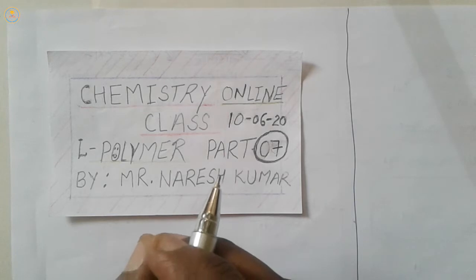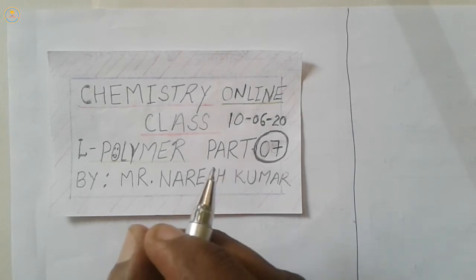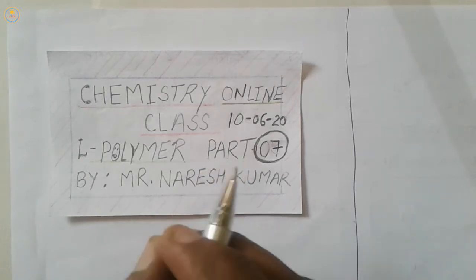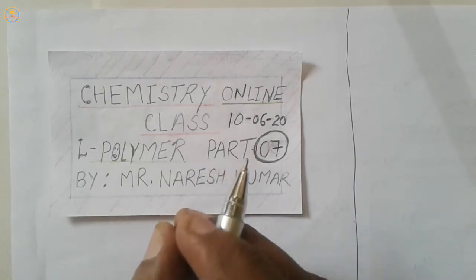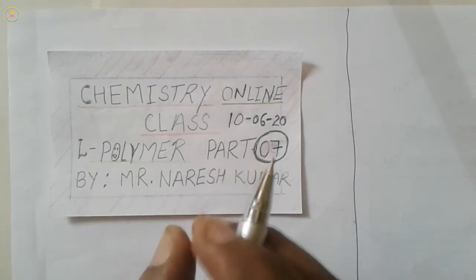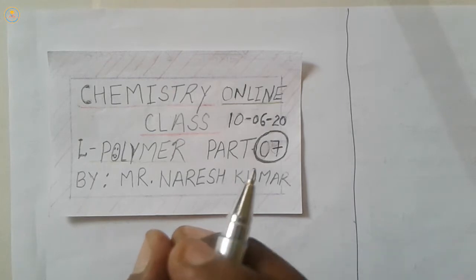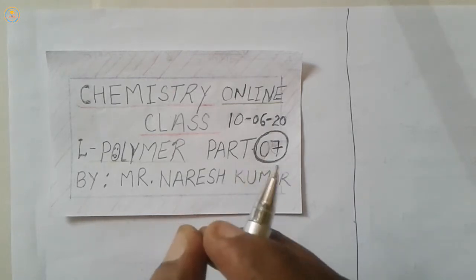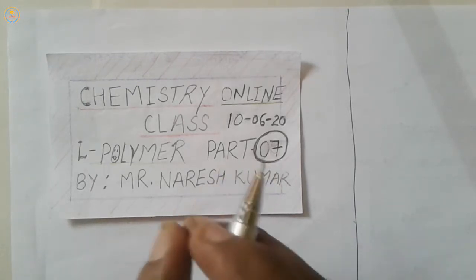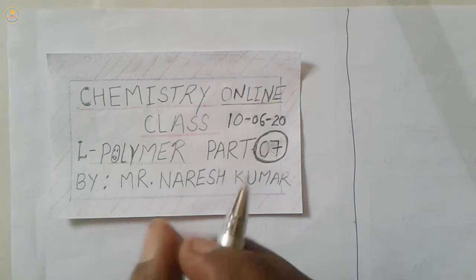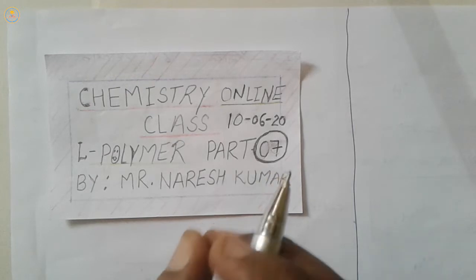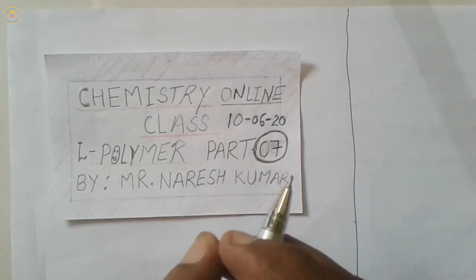In the previous online class, we discussed cationic polymerization. I repeat, in cationic polymerization, a proton catalyzes the reaction. So these reactions are known as acid catalyzed polymerization. In the first step of cationic polymerization, a Lewis acid reacts with a co-catalyst and generates a proton, which reacts with a monomer unit to form a carbocation and starts polymerization.